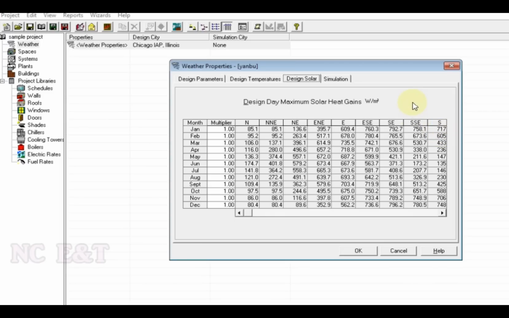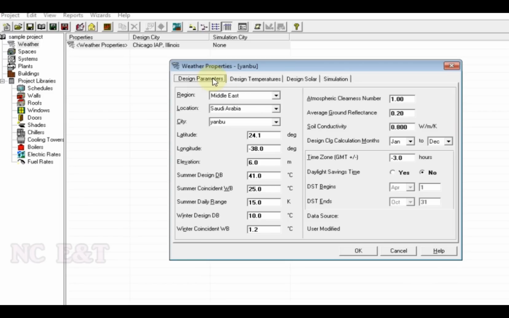So we have seen that when we fill these parameters manually, all other values are selected automatically, and it is the quality of that program that it is applicable for all regions, all cities, all over the world.